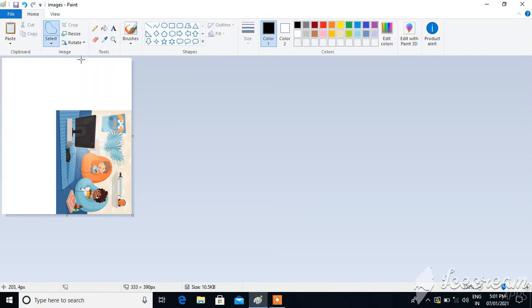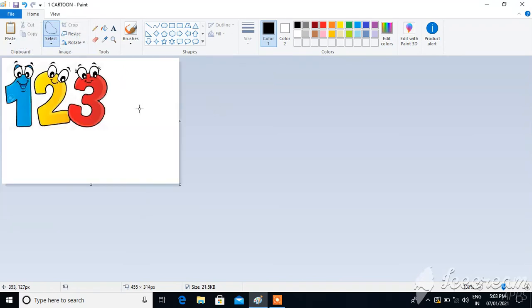Then we will see moving a picture. How to move a picture. Okay, to show the effect of moving or copying a picture, I just take one picture here. Now we will see how to move. Move means cut and paste. Okay, copy means copy and paste. Now I will select this picture.